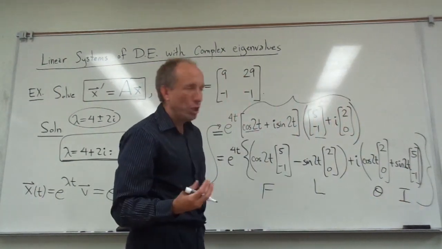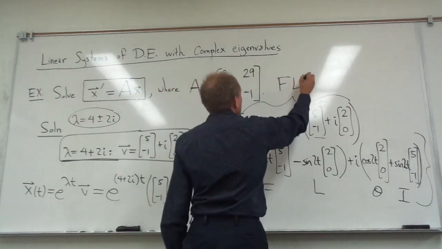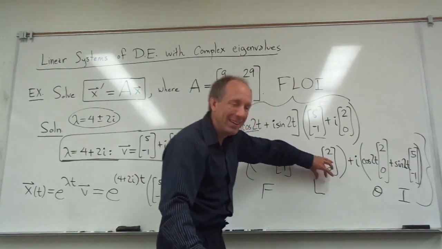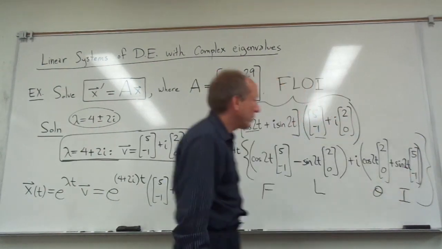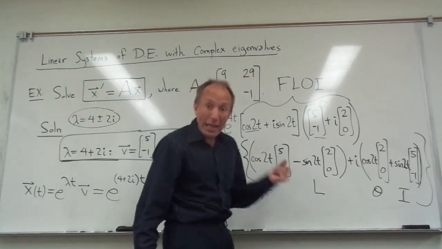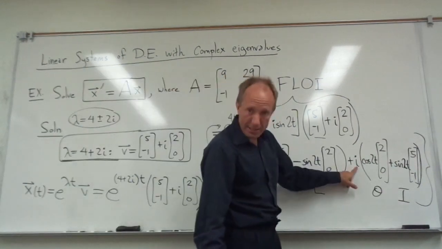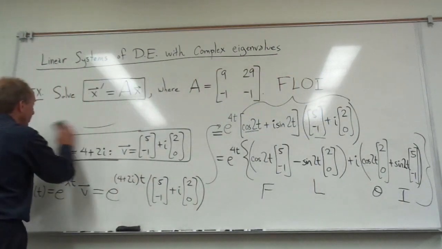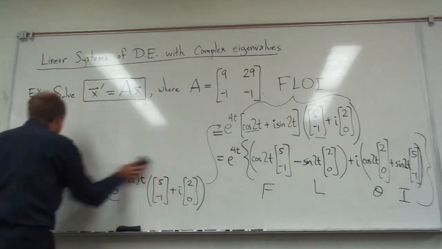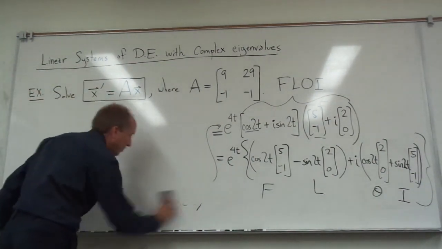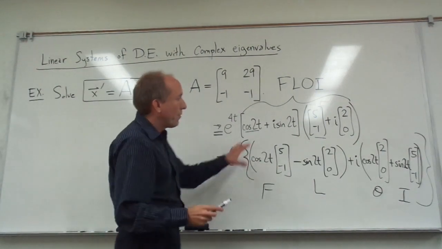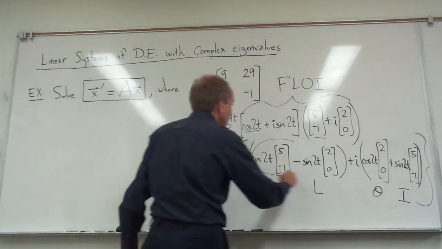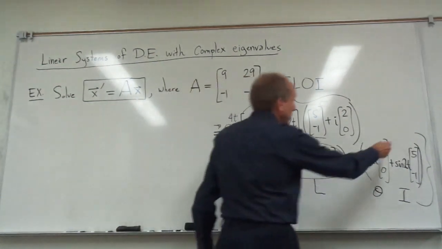So it's FOIL, but it's better to think of it, you're not foiling it out, you're floying it out. Putting the first and last together, and then the outers and inners together. Still not quite an acceptable answer, because I've still got this i in the answer here. But as we saw back in the last chapter when we were solving problems like this, it turns out that you can go ahead and from this one complex solution, extract this solution by itself and this solution